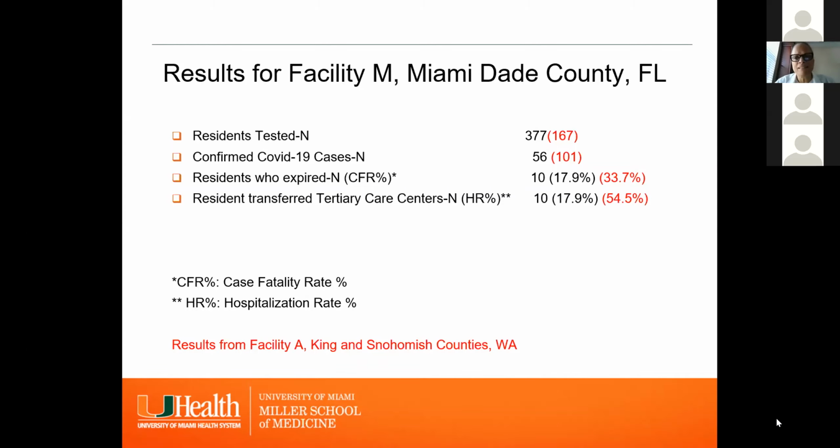377 residents. This is a total amount of residents on campus. And out of that group, 56 had positive COVID-19 tests. 10 of them expired, making our case fatality rate at 17.9%. And 10 of those residents needed transfer to a tertiary care center, making our hospitalization rate in tertiary care facilities